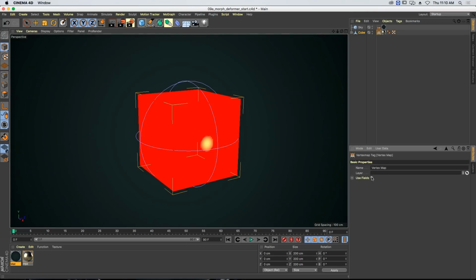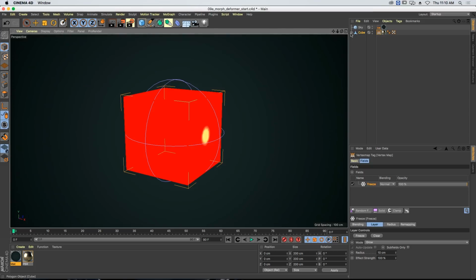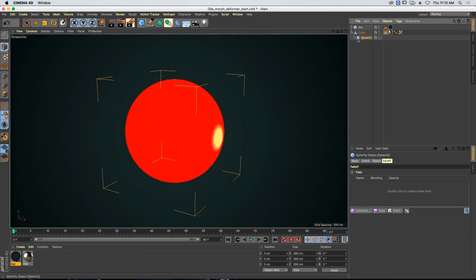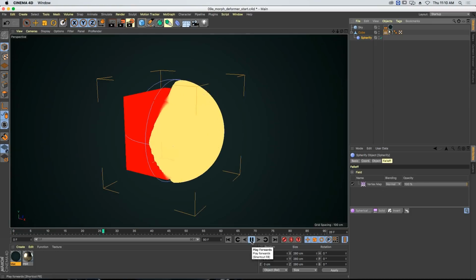Select our vertex map, enable the fields, select the freeze layer, set it to grow, hit play. And now it starts growing. All right, so how do I use this inside the deformer? Well, in order to use a vertex map inside your field list, you just drag and drop the vertex map. It's going to make you a vertex map field. So just like this,